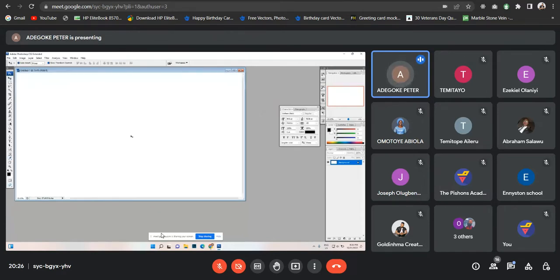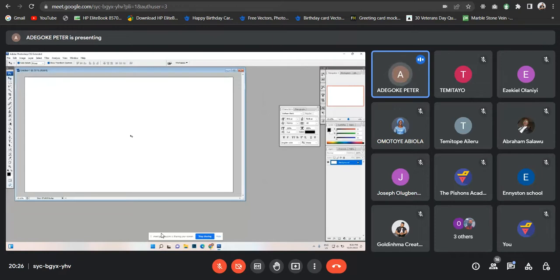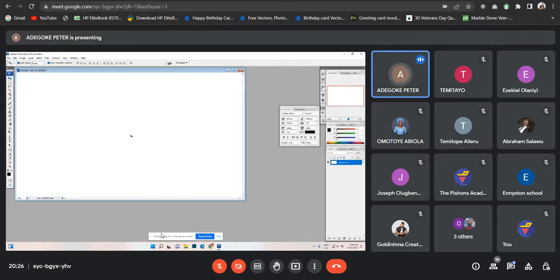So this will make navigating the interface very, very comfortable for me. I'm a lazy person, I'm a lazy designer, so I find a way of optimizing my software to make my life easy. So this is easier than pressing Control plus or